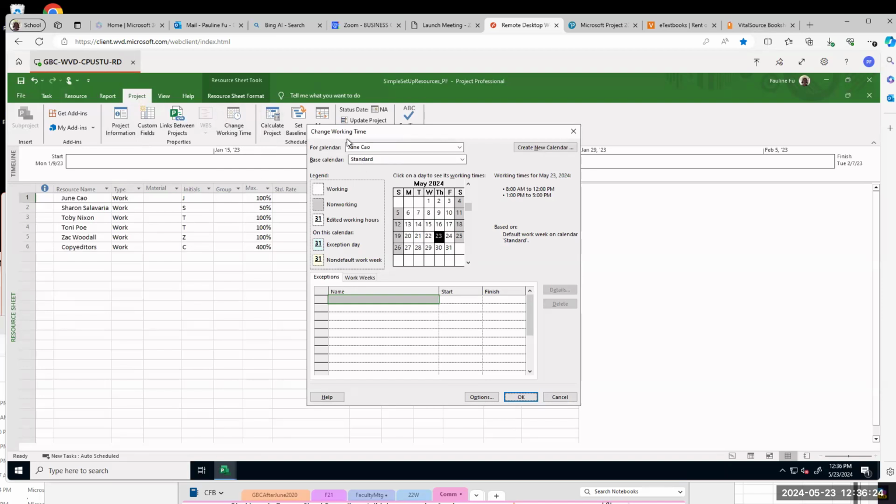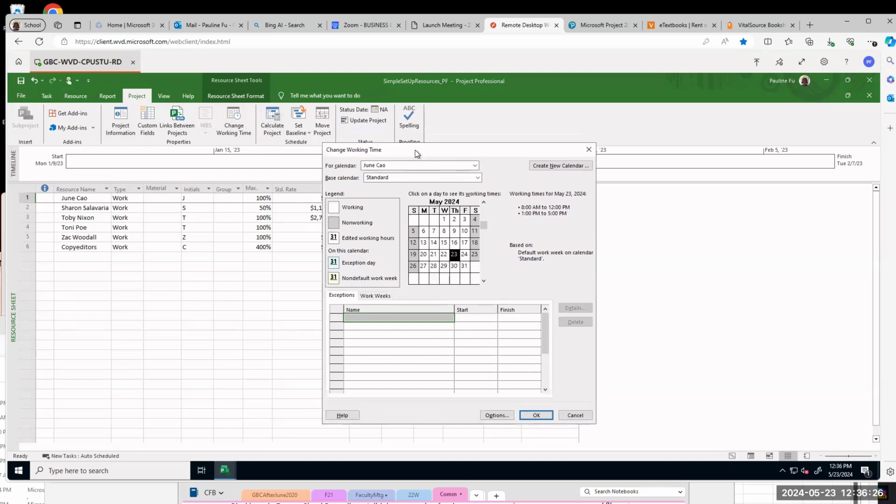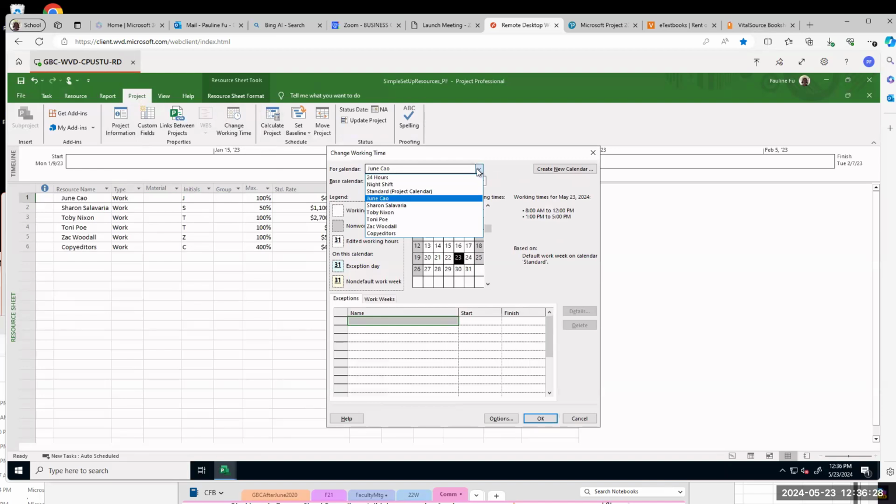And then for calendar, make sure you pick Toby Nixon, because this one is for Toby Nixon. Okay, Toby Nixon.